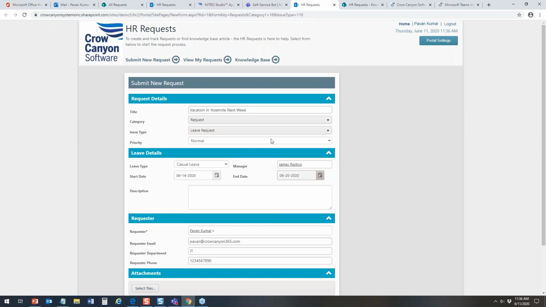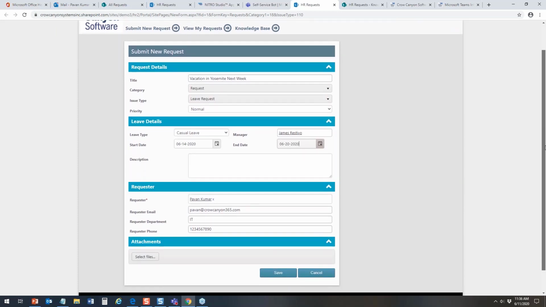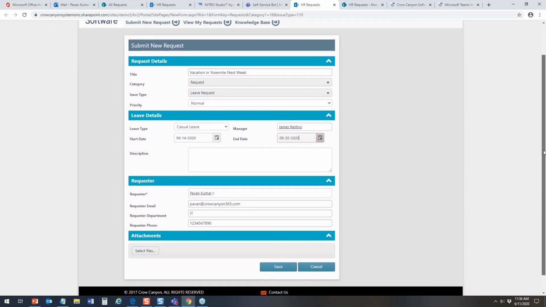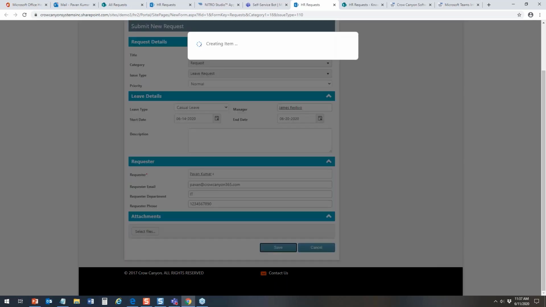Anyways, without getting lost in that, we're creating a leave request right now for Pavan, who wants to take a vacation in Yosemite next week. I realize normally you'd probably be a couple months ahead asking for your leave request, but this is a demo. What do you want? So now we do save. Oh, notice the manager is James, though, right? The manager is James. Okay, here we go. Save,